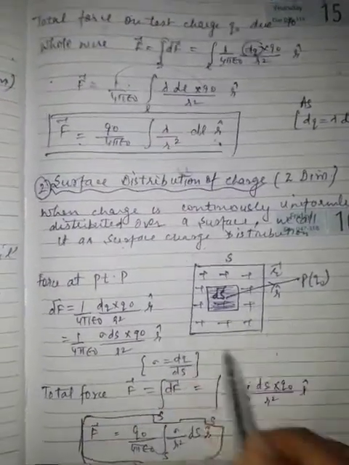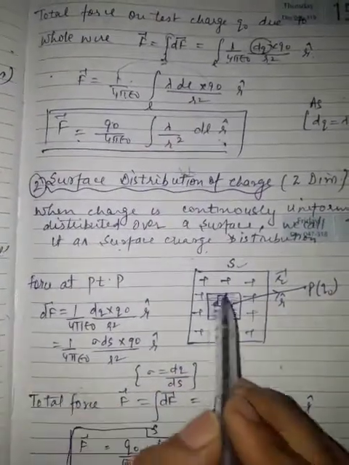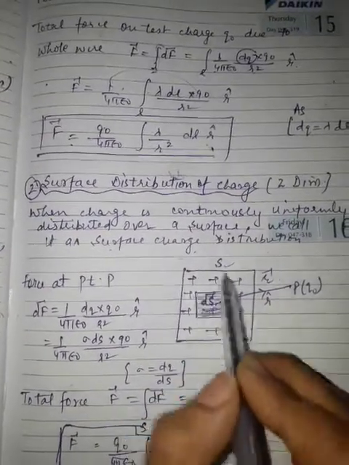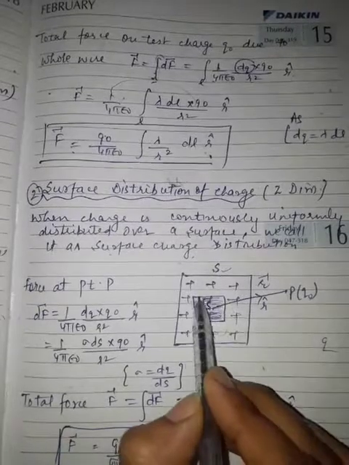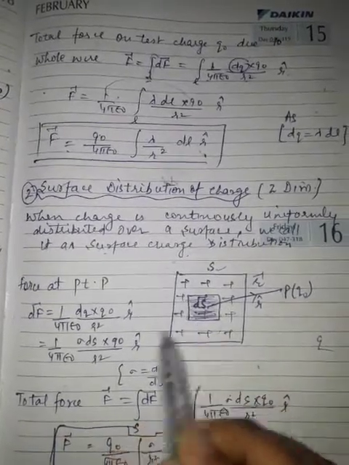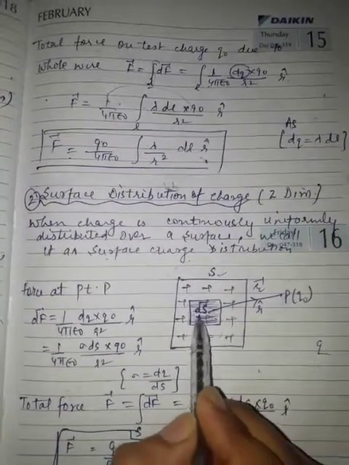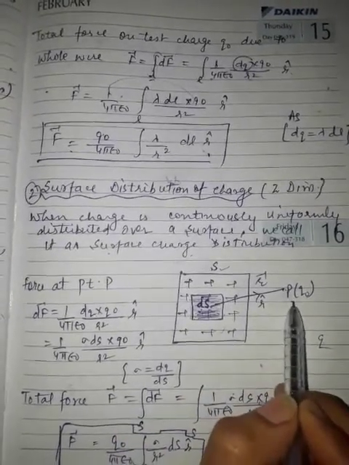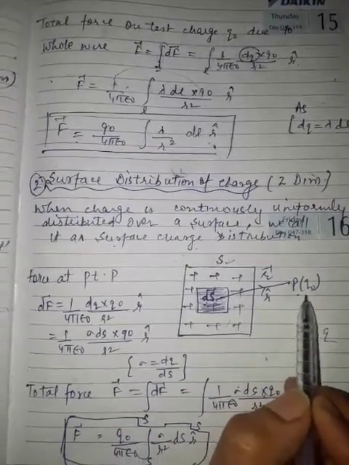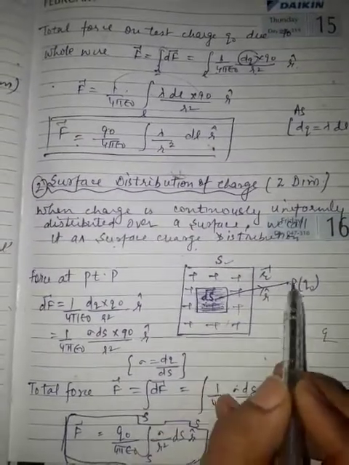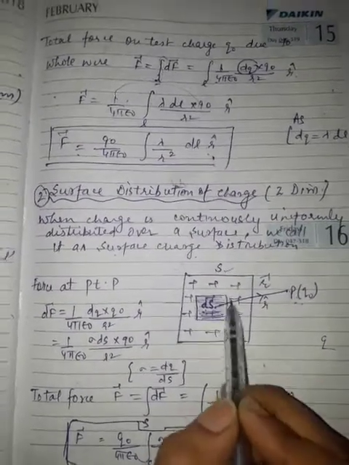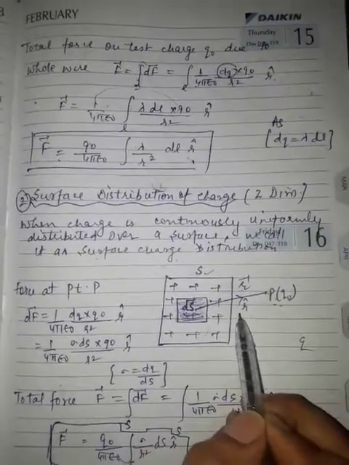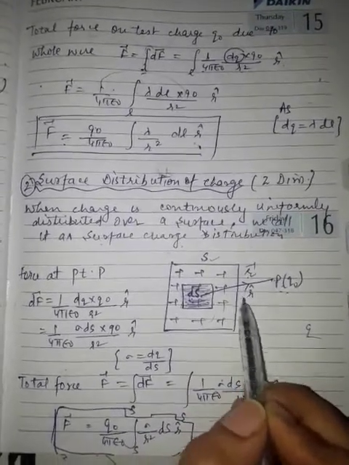Now suppose you have taken a surface S. Let a uniform continuous charge Q be distributed over the surface. Take some small area of this surface S. Let this be dS. Let P be a point where you want to find out the force. It has a charge Q0. The distance between point P and a surface element is r vector, and r cap is a unit vector along this.